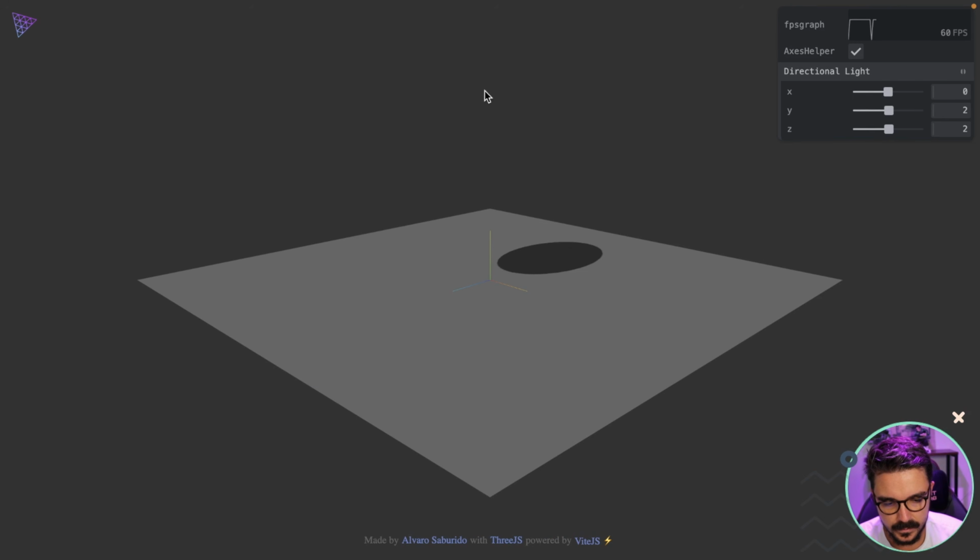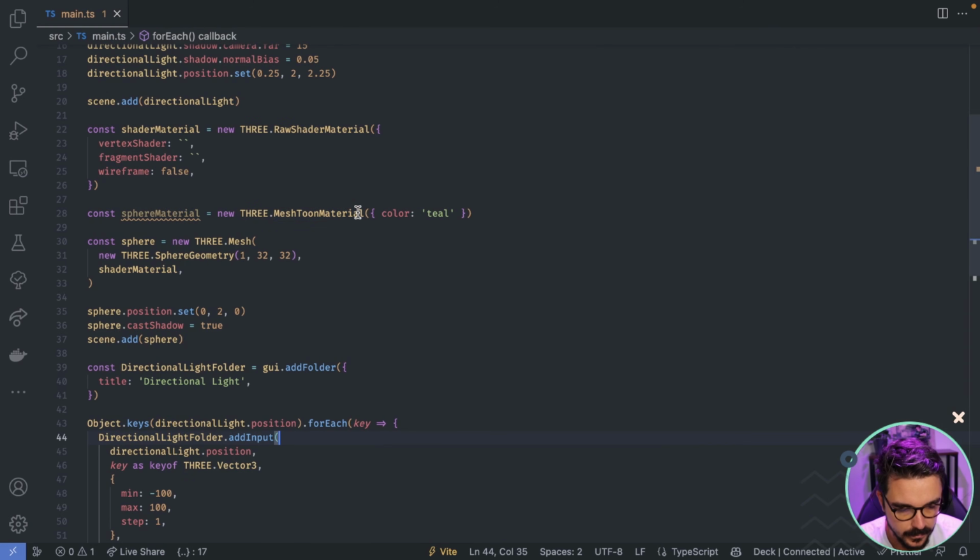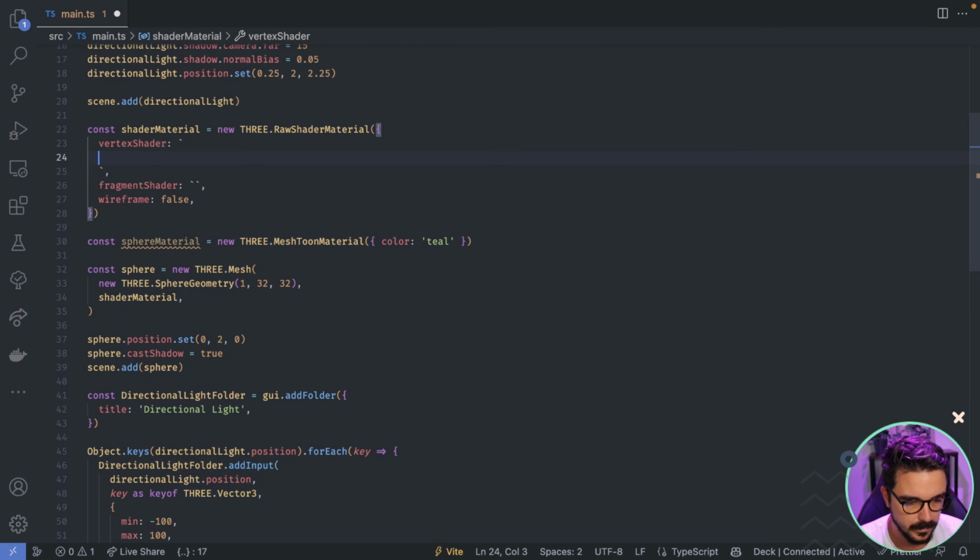So for now, it disappeared because we are actually not passing any info into the shader. So what we will need to do is create some program here. We're using template literals because we will need to write code, okay, and we need to enter it in several places. So in this part, don't try to understand what I will write because I will explain it afterward. Just trust me and copy and paste, okay.